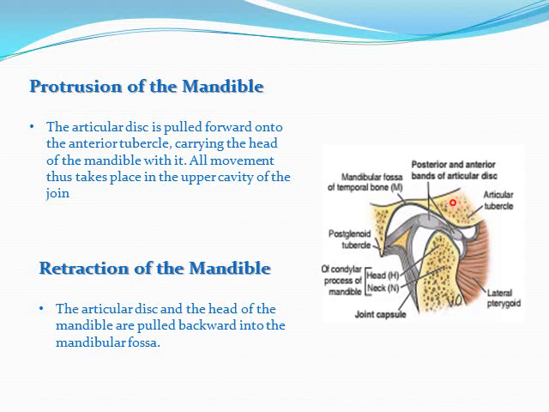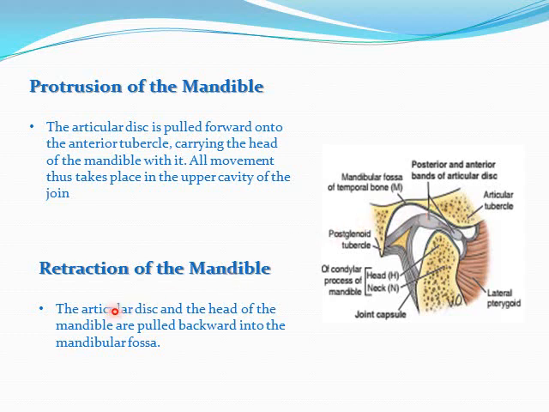Now here is the articular tubercle and this is the mandibular or articular fossa. In protrusion, this articular disc along with the head of the mandible is pulled forward, and this results in the protrusion of the mandible, and protrusion occurs in the superior compartment of the joint cavity,